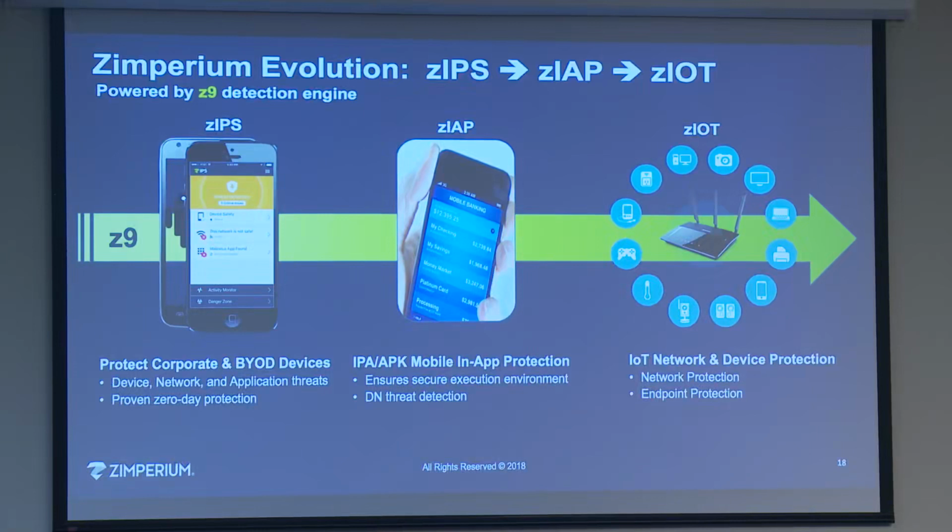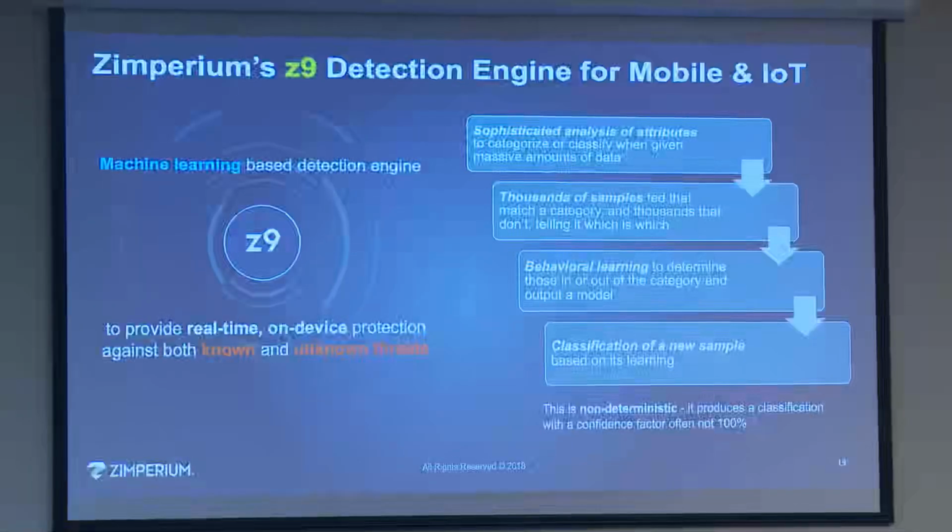Again, we basically have ported it from the smartphone. We have the SDK, and I've worked on having it ported to a couple different embedded Linux devices. So again, it's real-time on-device detection of these threats and attacks. The model's trained in the cloud and then downloaded to the device, because you can't really do real-time training on the device because it'll just kill the battery and you really can't surf much.